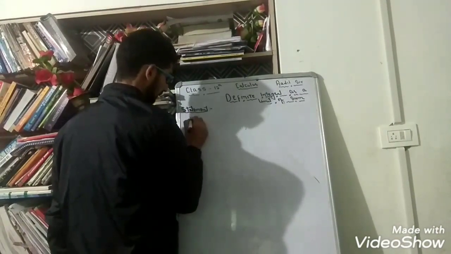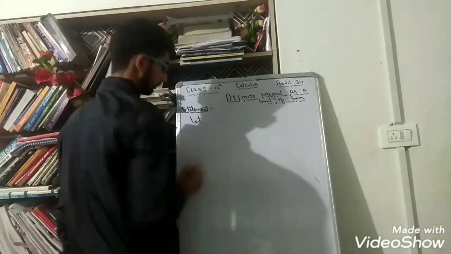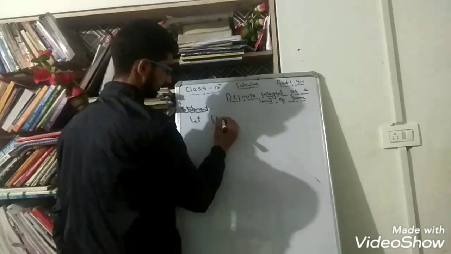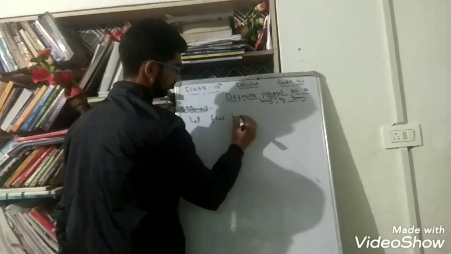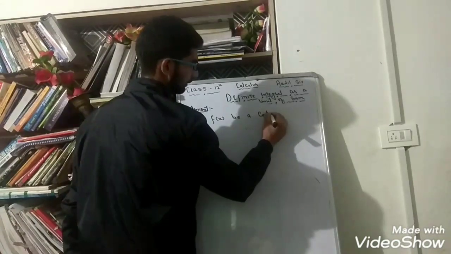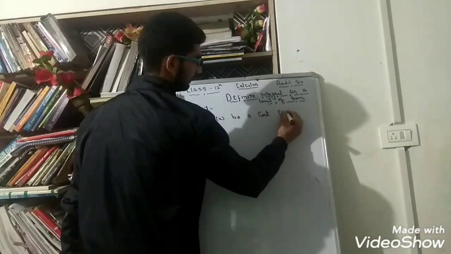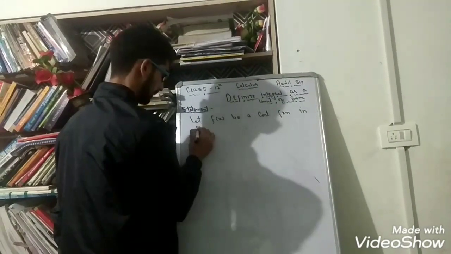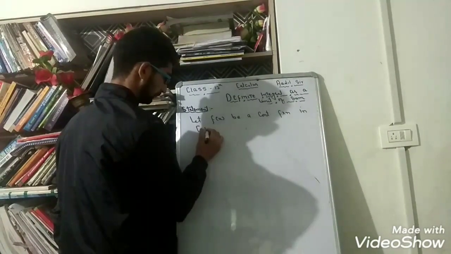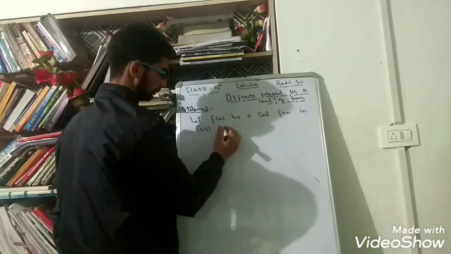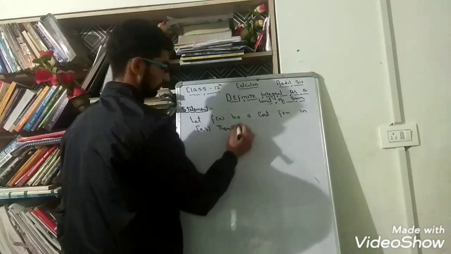Just like this layout. Let f of x be a continuous function in [a, b], then prove that